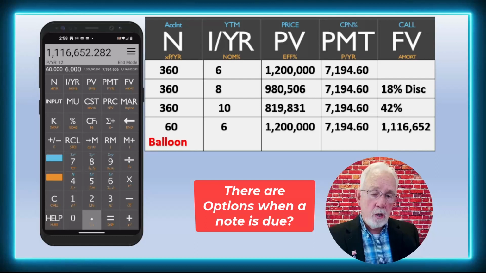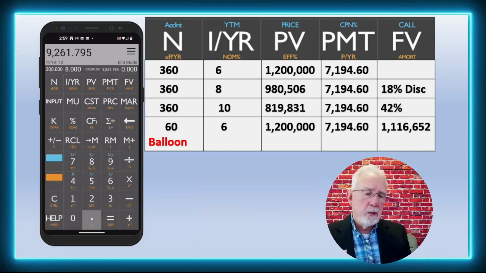Or, Mr. Borrower, I will finance you for another 5 years, but I want to raise the rate from 6% to 8%. You can do a lot of things with the note: raise the interest rate, drop the interest rate, extend the term, ask for more money down, and then solve for a new balance and continue on